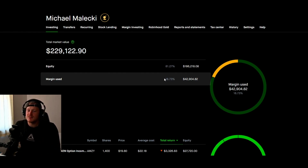I don't believe in timing the market. However, when we're starting to have PE ratios look unrealistic and company earnings aren't as high as they're supposed to be, there's a discrepancy, and this is where I believe value can be made. So instead of reinvesting that money back into the S&P 500 or back into those income investments, I'm just setting